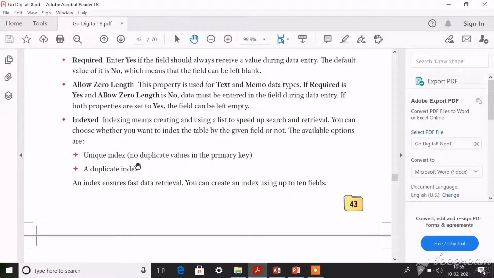You don't have any duplicate values, it is the original value. And you have duplicate index also. It means that using this index, you will have multiple data of the same type, like a xerox of the data that you are searching also being available in the same data sheet. That is called duplicate index.